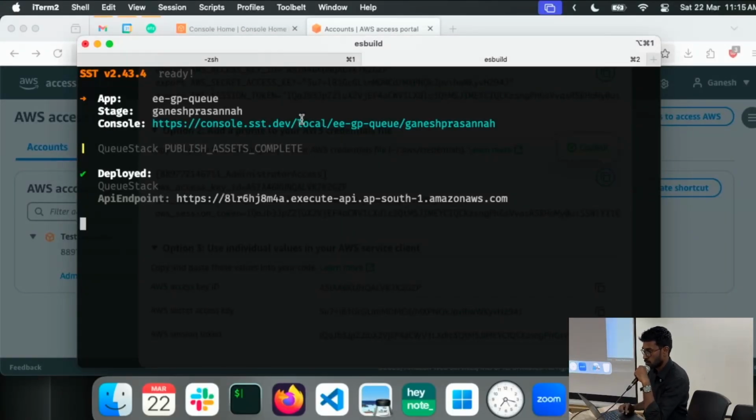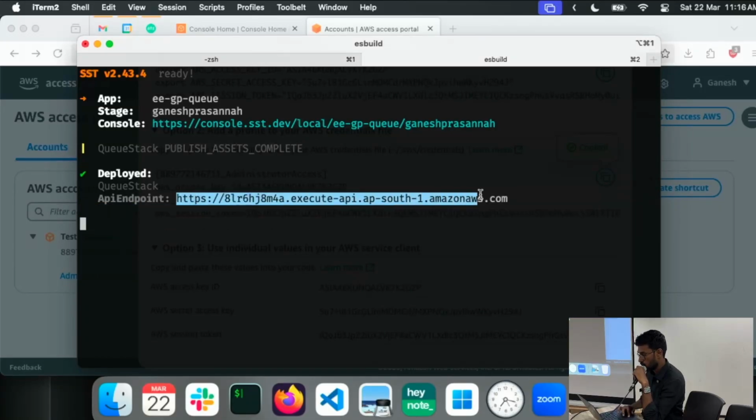All right. So if this is deployed, the very first time that you run SSD, it takes about a minute because it deploys its own bootstrap stack on CloudFormation. But it's deployed now. Now it's giving me an endpoint. What I've done is a simple SQS publisher.